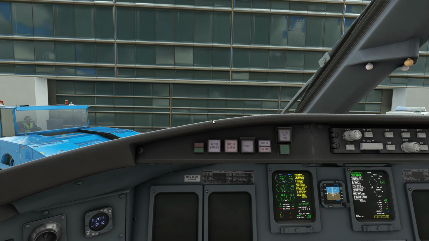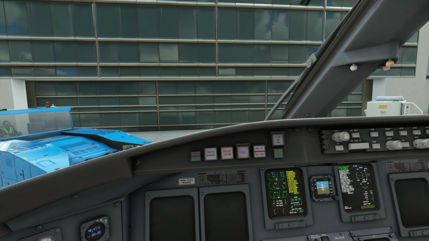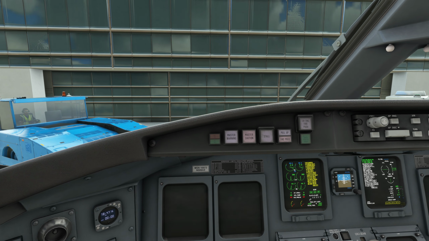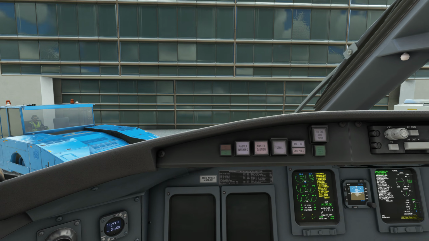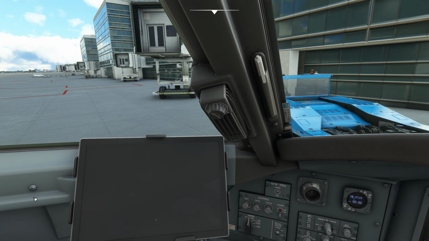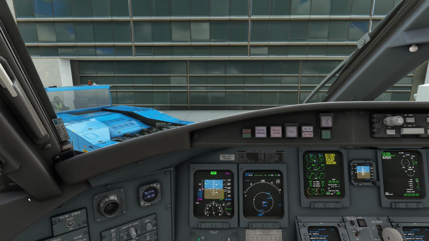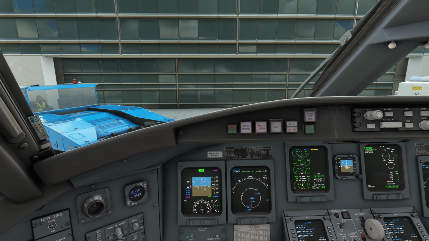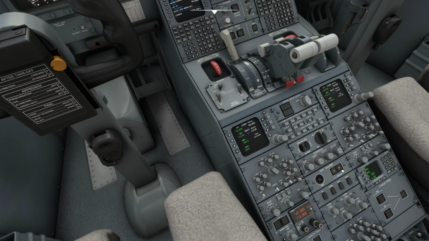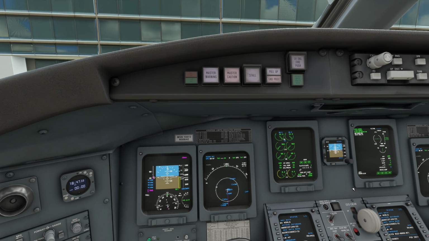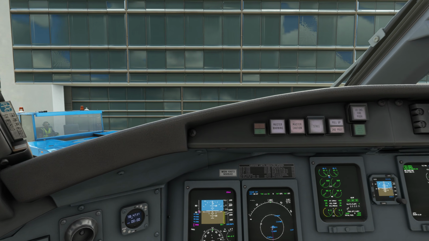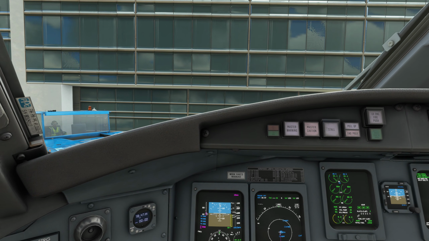So that's going to start adding fuel. And we can start thinking about getting the aircraft ready here. Let's move that. Pick the yaw dampeners. Okay, yaw dampeners are away. Alright, so